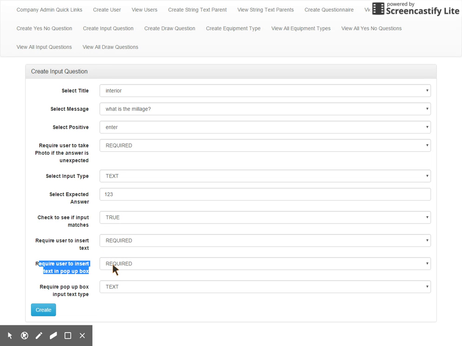If you want to force the user to put in a reason why, let's say something is incorrect, this needs to be set as required. If require user to enter text in a pop-up box says not required, the user can simply click OK on an empty input type question and continue on to the next section. And the last one is require pop-up box input text type. If the user inputs an incorrect value and check to see if input matches is set to true, the input box would appear to get the information as to why the value is wrong,